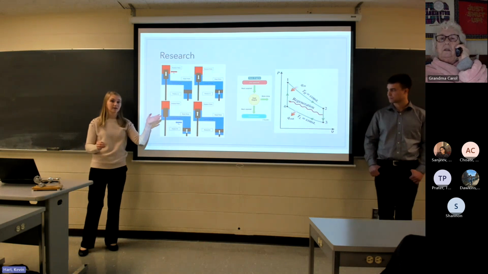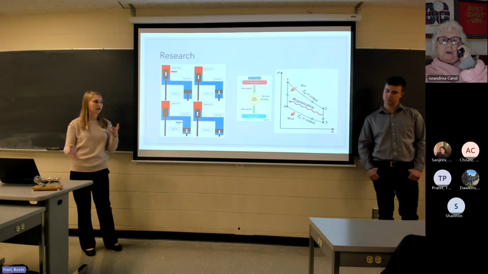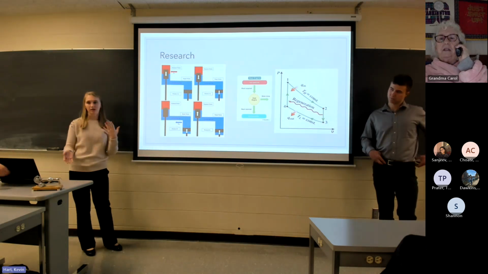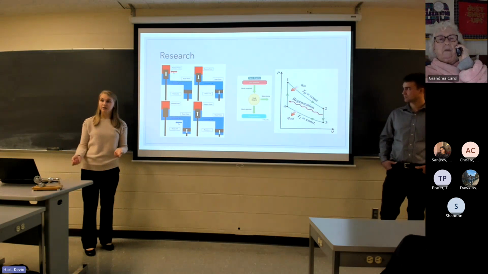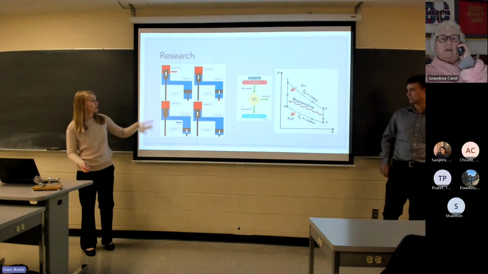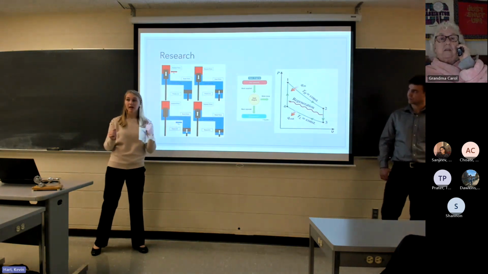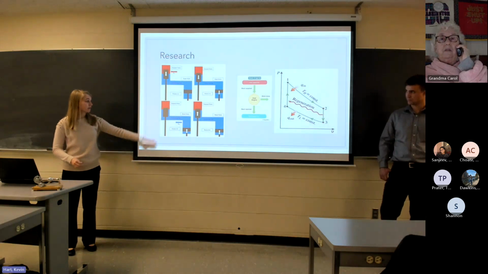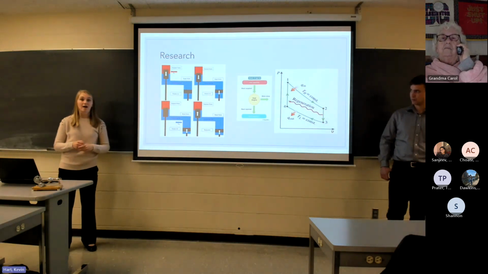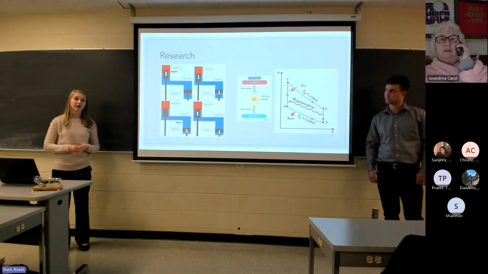And for the gamma type Stirling engine, each piston is connected to the same crankshaft or flywheel, depending on the design you choose. And they are most commonly 90 degrees out of phase with one another. So that is what allows these two piston cylinders to move at the same time, allowing for that constant volume process. So moving on to state 3 to 4, we now have a constant temperature or isothermal heat rejection process,